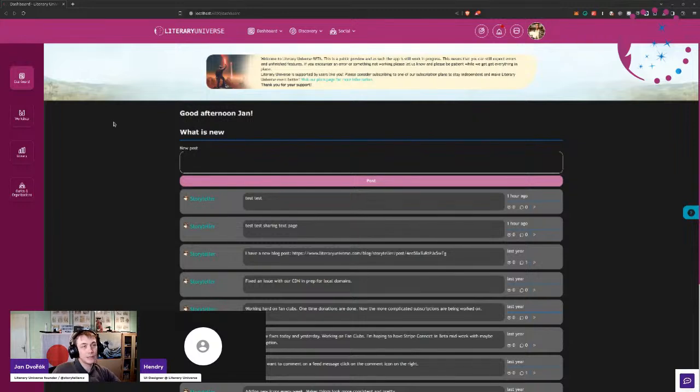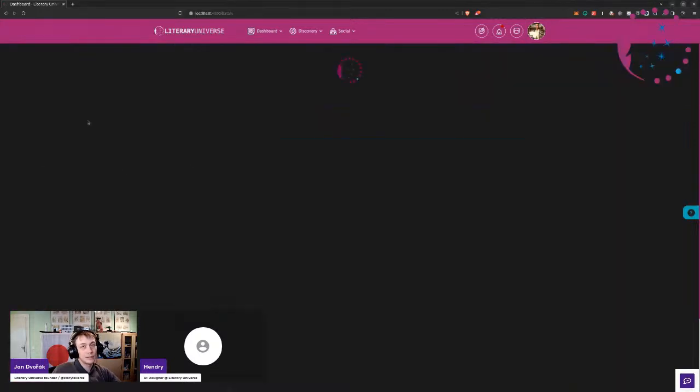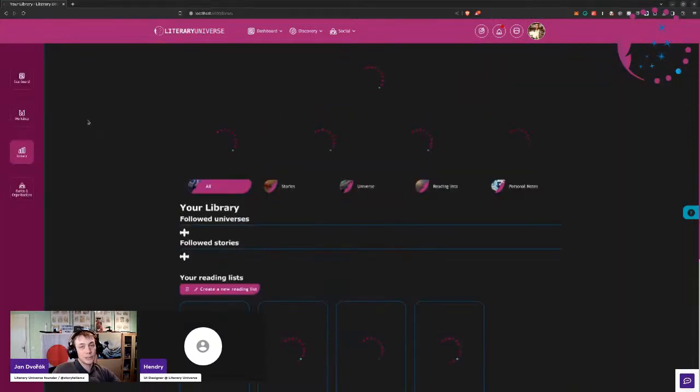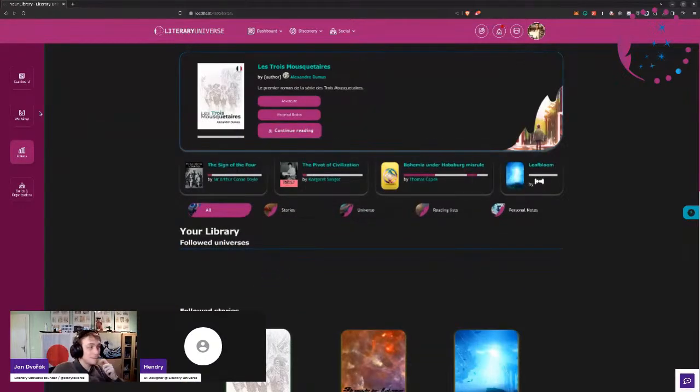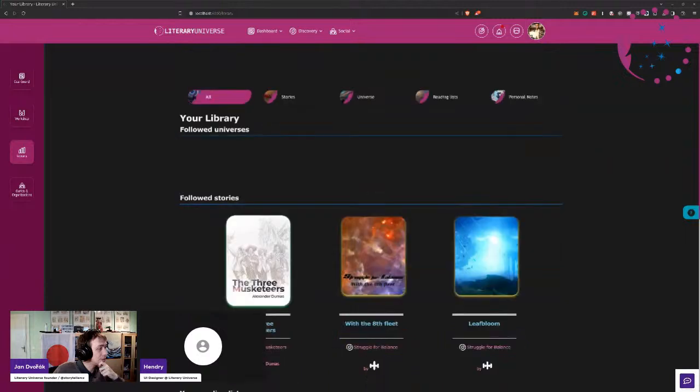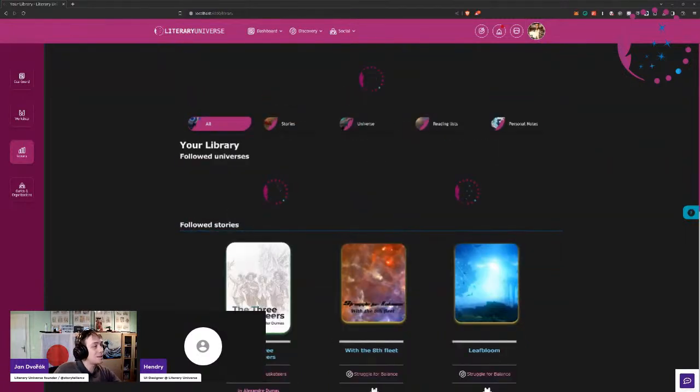So that will fix my library sorting issue. And the last thing that we need to check here is latest big, and it needs to be